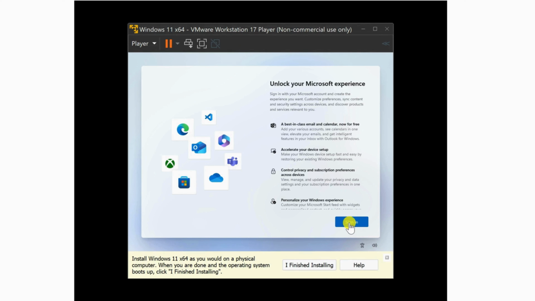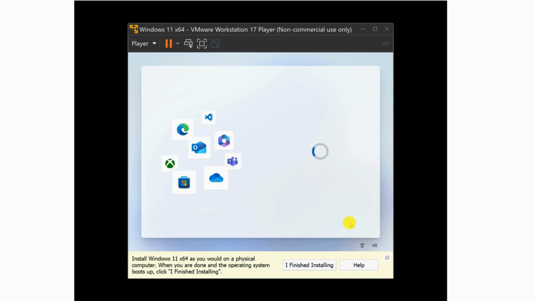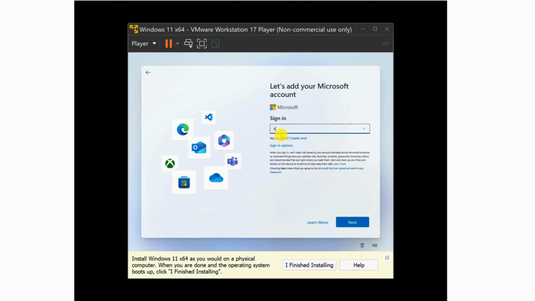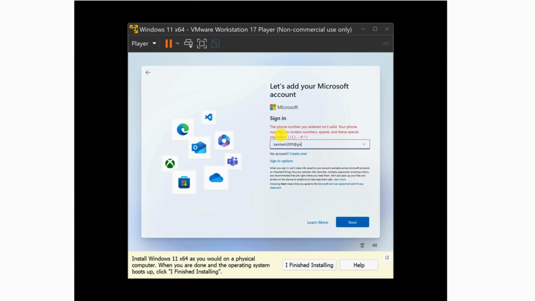Now click on the Sign In button. Now enter your Microsoft email address or type your mobile number through which your email account is connected, or you can also enter a Skype account.